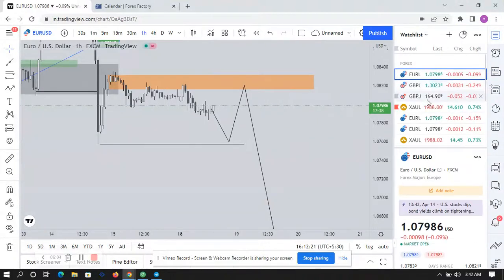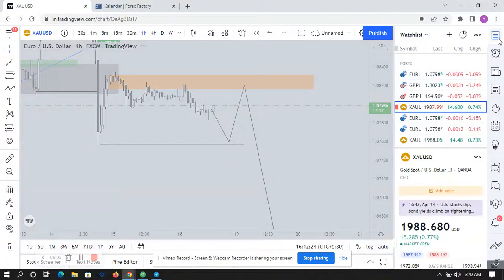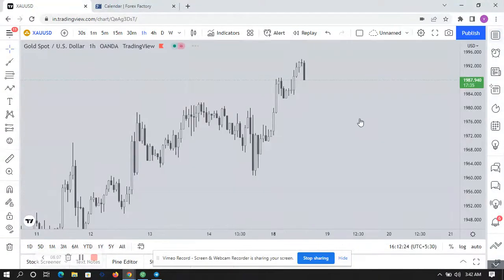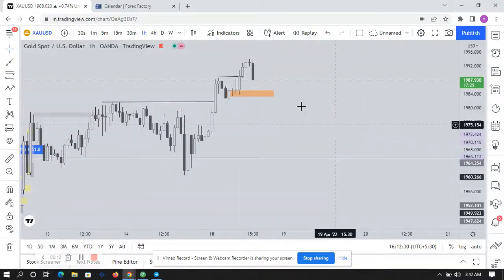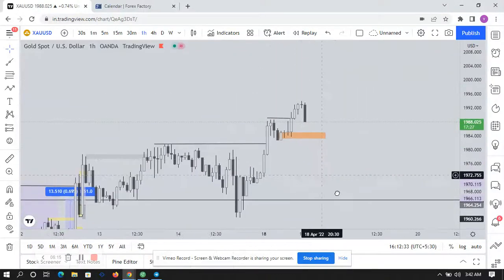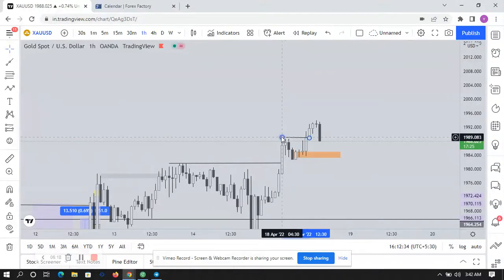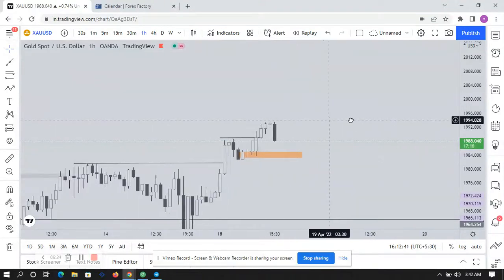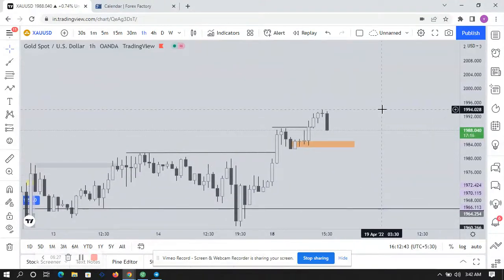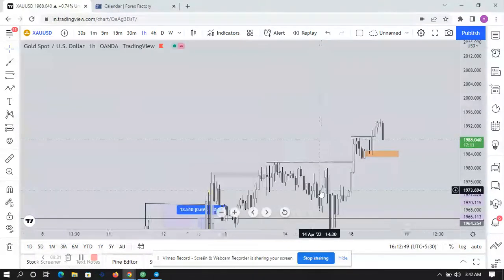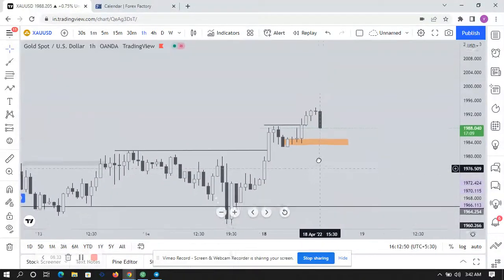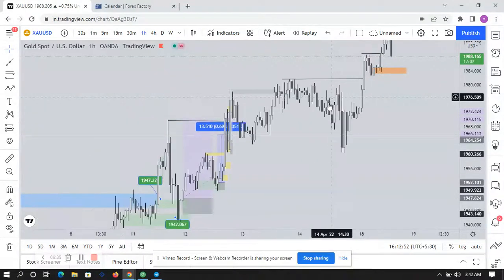Now, if we check gold, this is another pair I'm really looking to get into because I don't think this bank holiday will affect gold. I don't think so because gold can just move on. I think the French bank holiday will affect things because Swiss also moved gold, and Japanese yen, and pound. Those two big things move gold. I think we might get slow movements from gold. But as you can see, gold is just going higher.